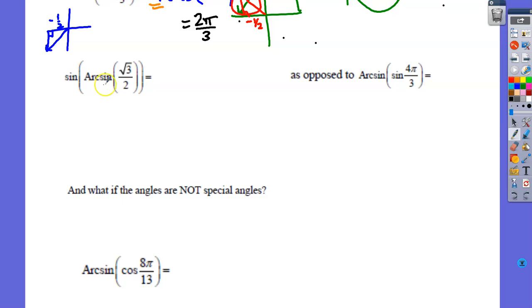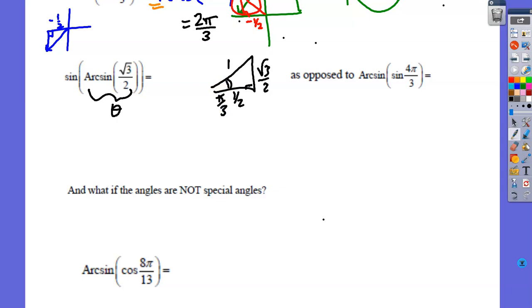So for this one, arc sine of root 3 over 2, you could make a triangle, guys, or you could just do it. Arc sine of root 3 over 2 gives me the angle first, right? So it's asking you, when is sine root 3 over 2? Sine of what angle? Well, that would mean that the y value in your triangle is root 3 over 2. That's a 30, 60, 90 triangle, and this side's bigger, so that would make this angle a pi over 3